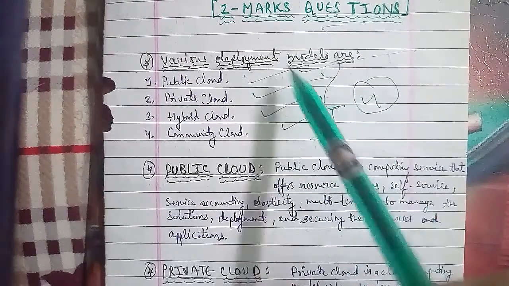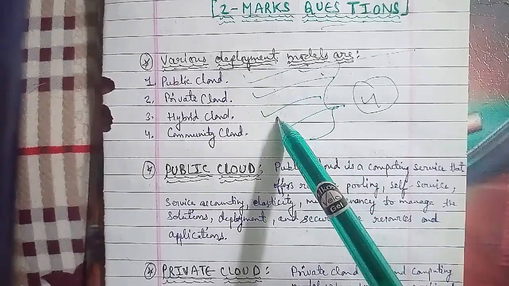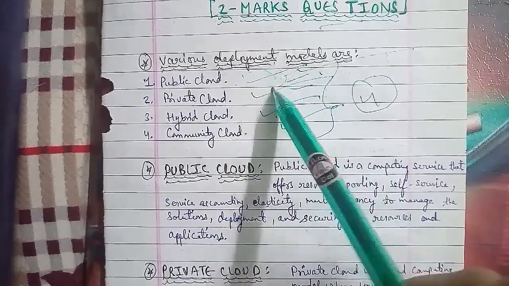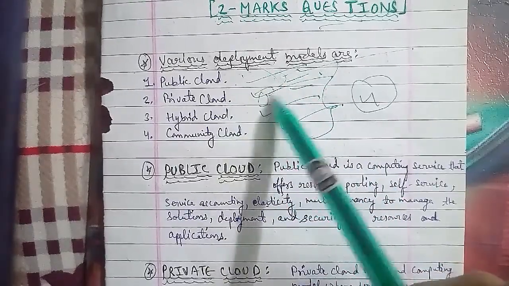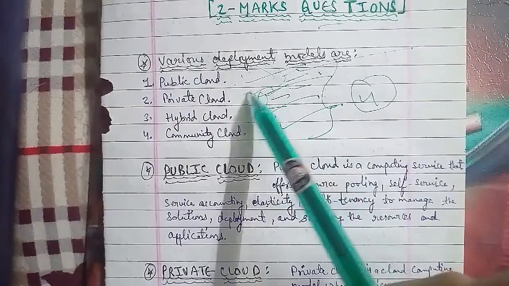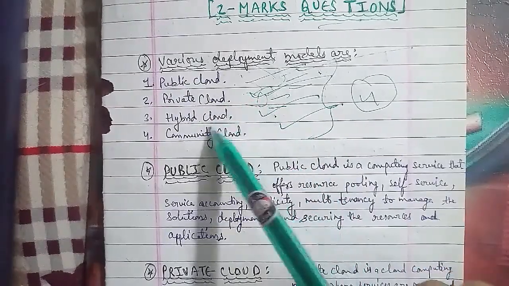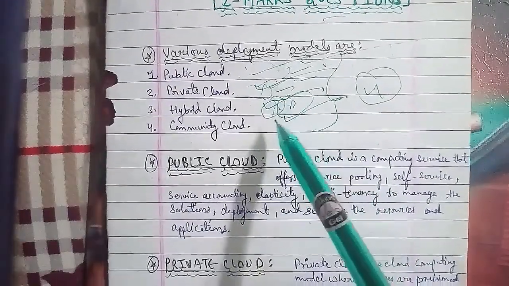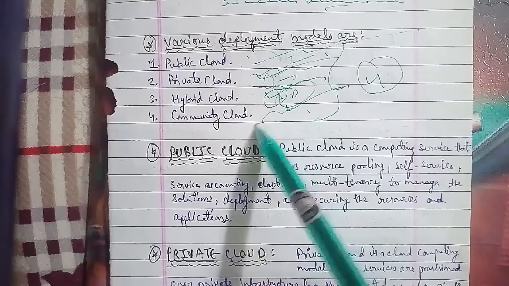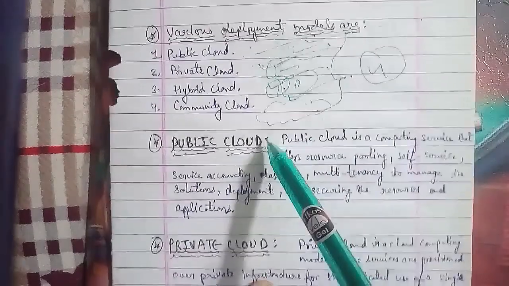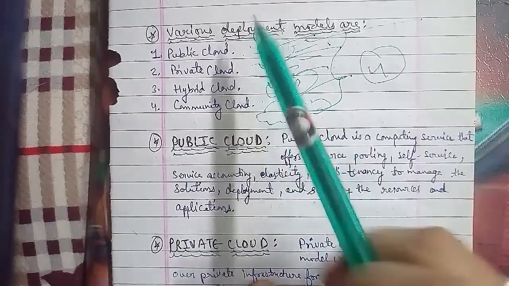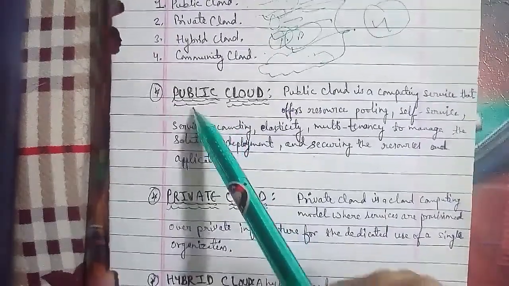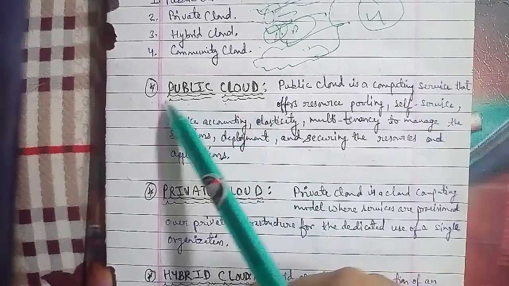In the public cloud, the cloud is used by the public. Private cloud is for personal use. The hybrid cloud is a combination of public and, of course, the private cloud. And the community cloud is a cloud that is used by a community. These were the 4 various deployment models that we have here. Now we will understand them in depth. They can say: define public cloud, define private cloud, define hybrid cloud, then define community cloud. With respect to that,